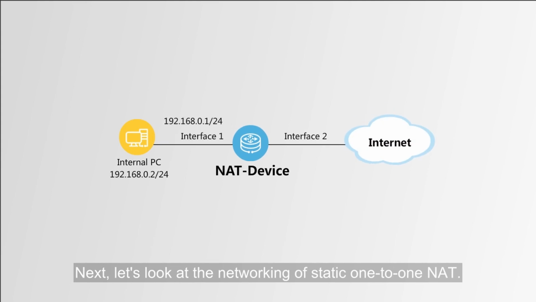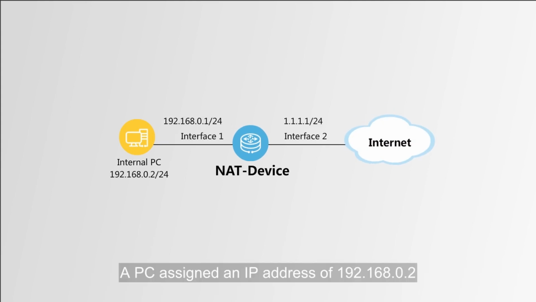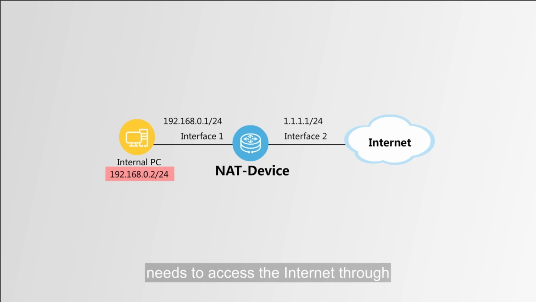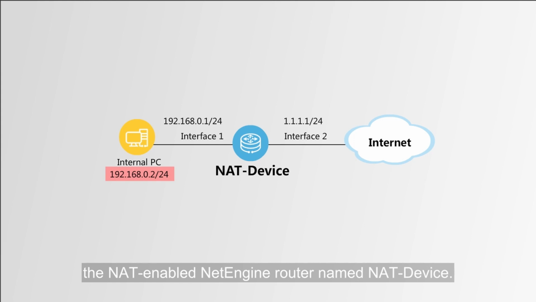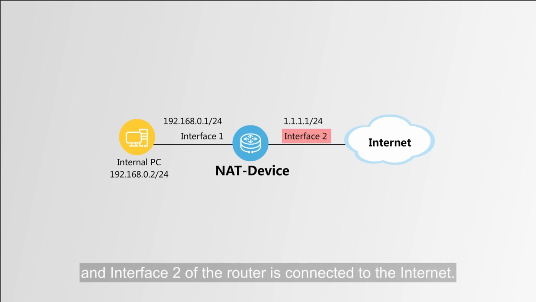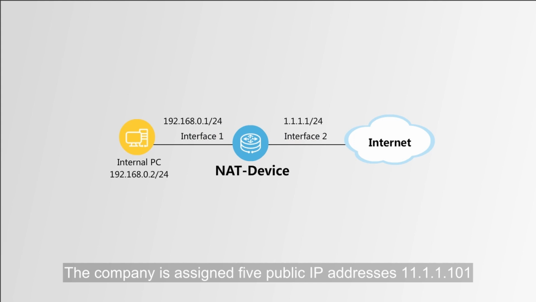Next, let's look at the networking of static one-to-one NAT. A PC assigned an IP address of 192.168.0.2 and a mask length of 24 on a company's internal network needs to access the Internet through the NAT-enabled NE router named NAT device. Interface 1 of the router is connected to the Internet, and Interface 2 of the router is connected to the internal network. The company is assigned 5 public IP addresses,